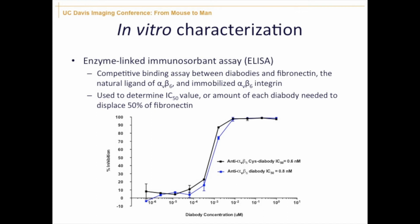And then we compete that against serial dilutions of the diabody and cis diabody against a known concentration of fibronectin. And fibronectin is the natural ligand of alpha v beta 6. Once we've done this, then we can produce this nice binding curve, and what we're actually trying to calculate is the IC50, and this is the amount of diabody or cis diabody that is needed to displace 50% of the